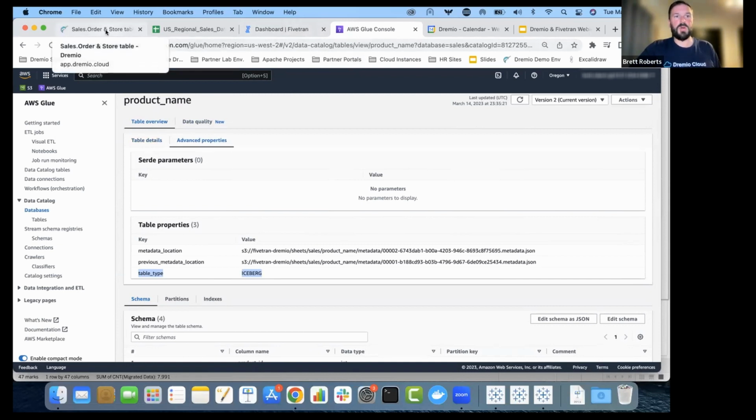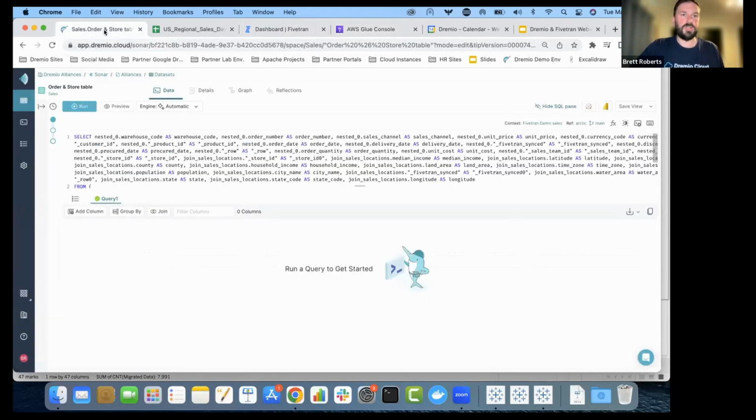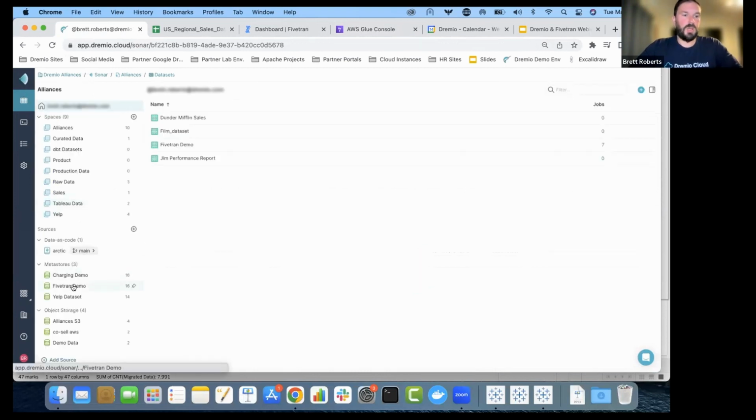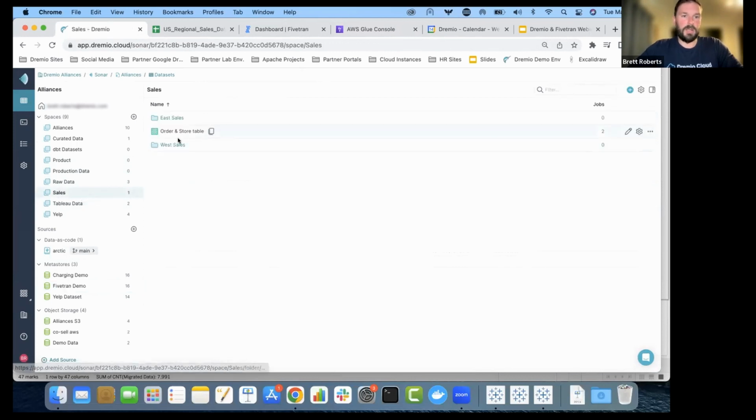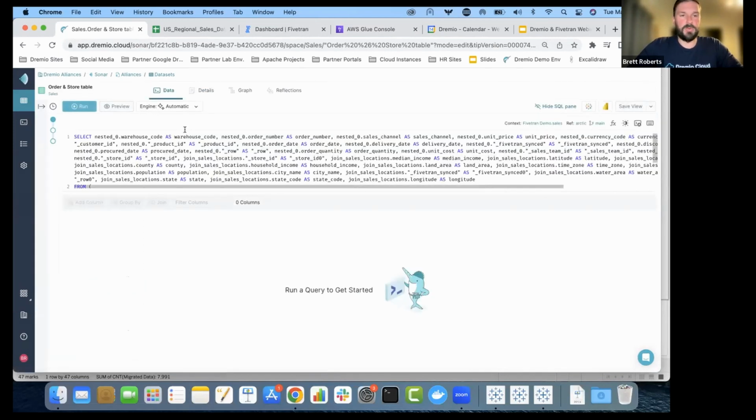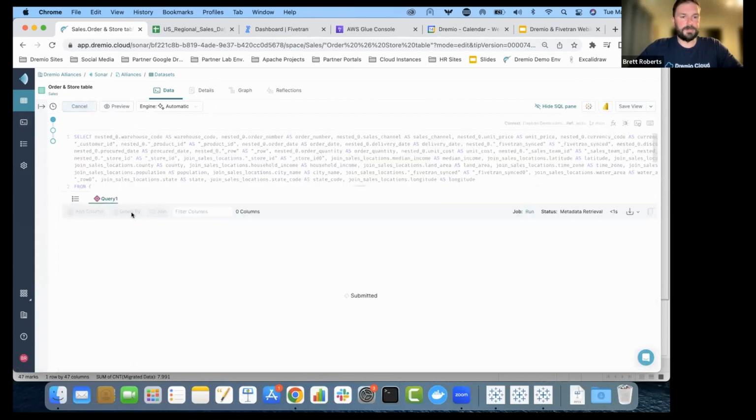Let's go back into Dremio and add that table to our sales order and sales table. So first we're going to go back to our home screen. We're going to go to our Fivetran demo bucket. We're going to hit sales, and you can see here that product name has now shown up. So now that we know that it's there, we're going to go back to that view of the data, that order and store table, so the join table. We're going to run this,